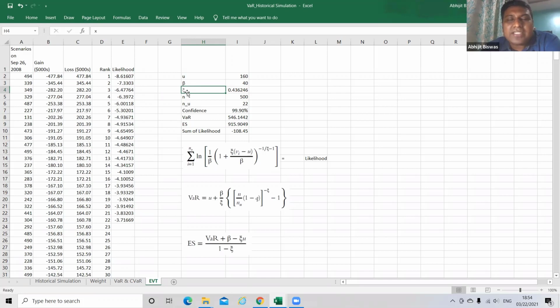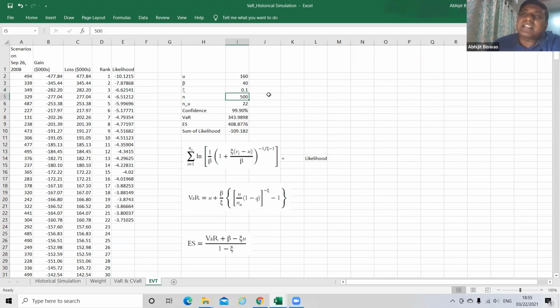And then next in H4, this symbol is pronounced as xi. If you may not find the symbol right away, just type xi. The optimal value is 0.43. Let us take some arbitrary value as 0.1.